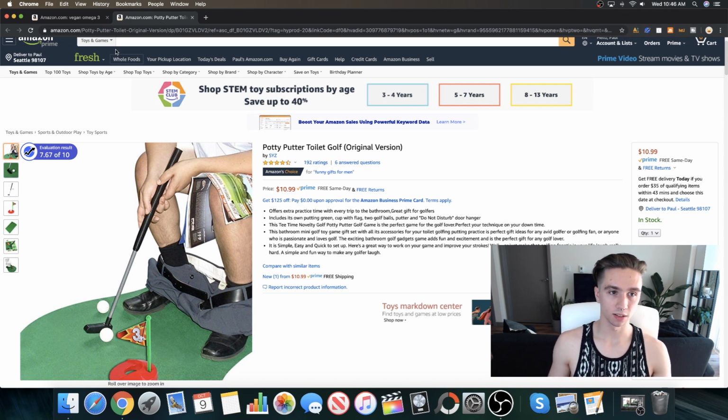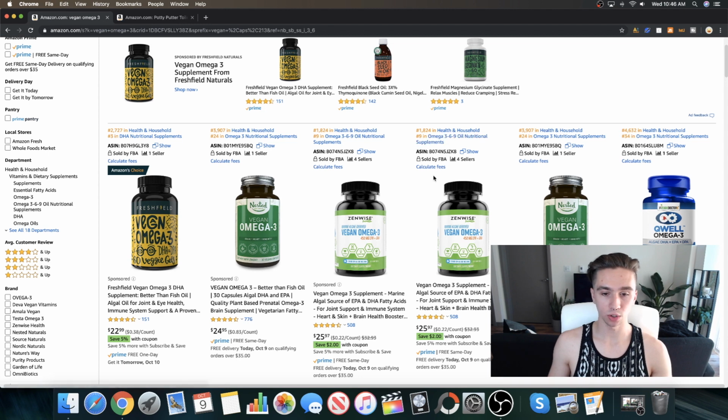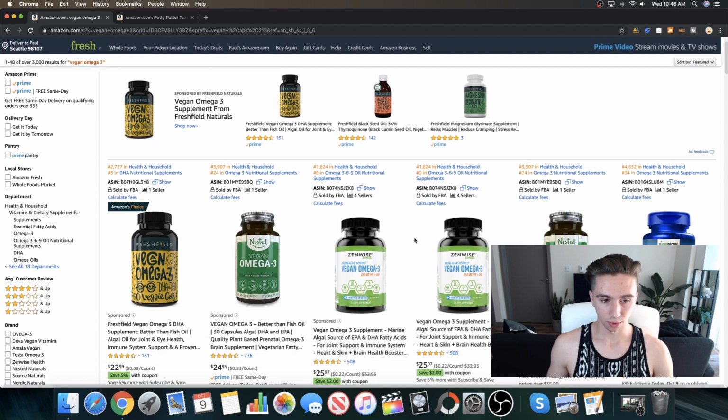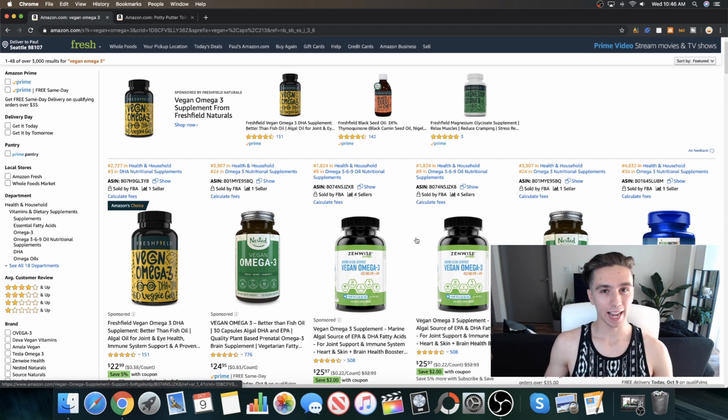This is a product right here, a little bit higher barrier to entry. It is a supplement, so you need to get approved in that brand. But other than that, there's not really much more to do. You can make a supplement brand fairly easily. This is vegan omega-3. I know exactly who this is for, and I'm much more excited by this. Not only is it a bigger market and there's more revenue and more chance to scale, I know the target audience. I know who it's for.